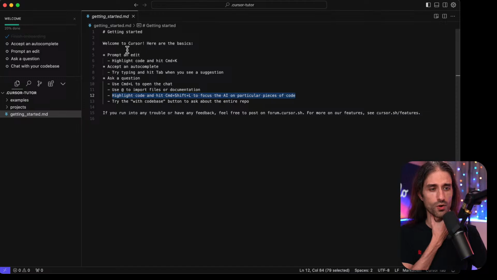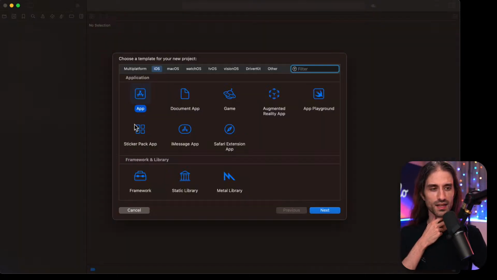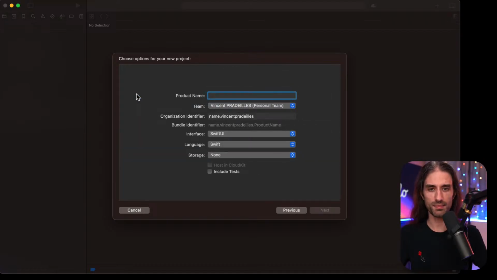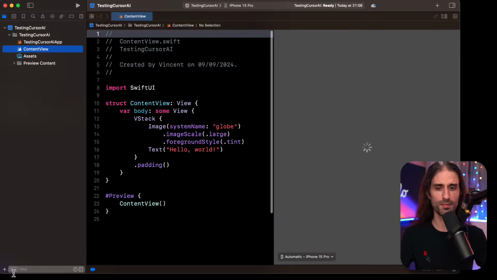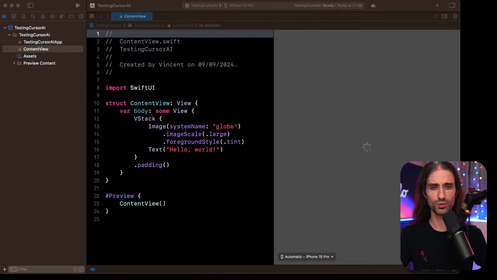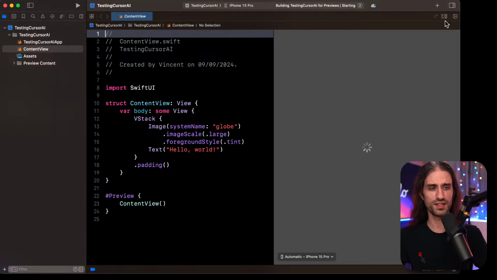All right, so we'll use this with Swift and iOS code. So what I'm going to do is go into Xcode and create a new app. Let's call it Testing Cursor AI, like that. So SwiftUI and Swift. And I'm going to use it with a basic use case, which is to implement the app I've implemented a lot in many of my live streams, the app that queries the movie database API to display a list of upcoming movies. And we'll see how good it is, and we'll take it from there, and we'll try to make the most of this new software.